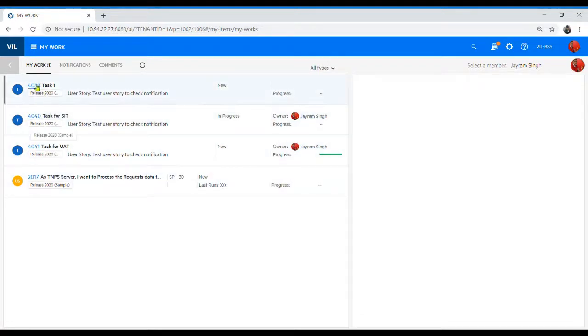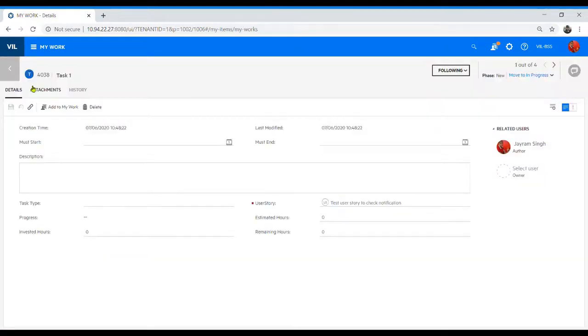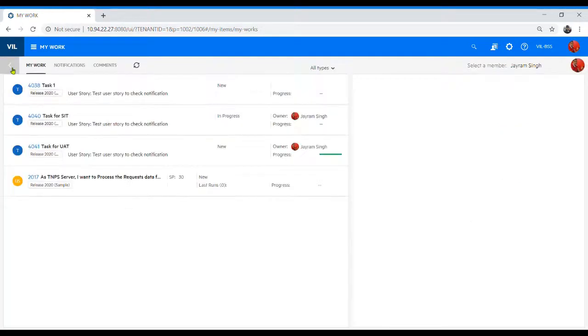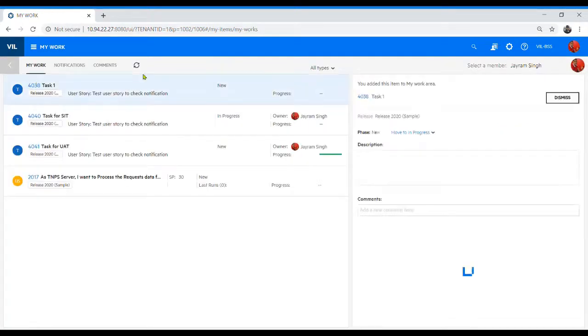The moment you click on this ID, you will be able to directly jump to this task's details to see every field over here. Even in a task area, on the right side, when you click on the right side panel, you will be able to see a couple of